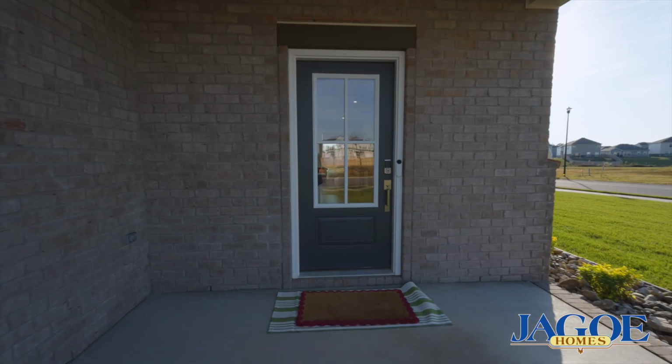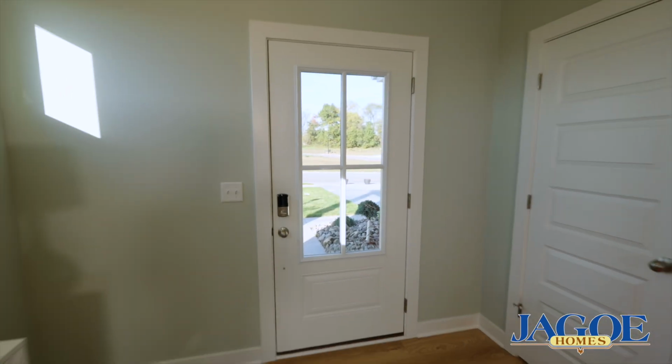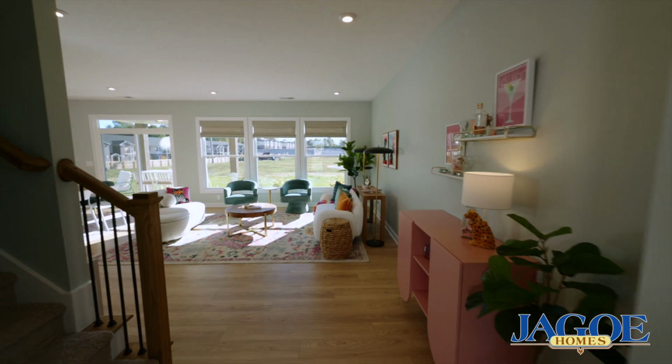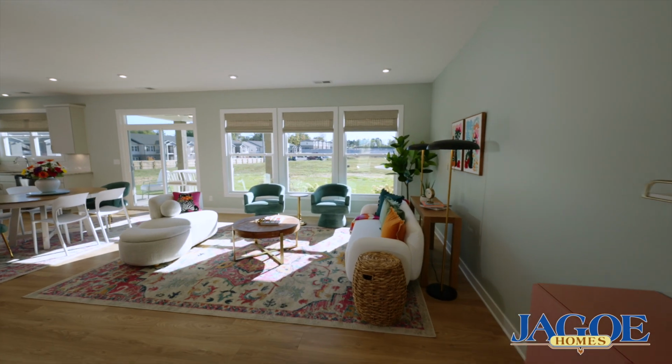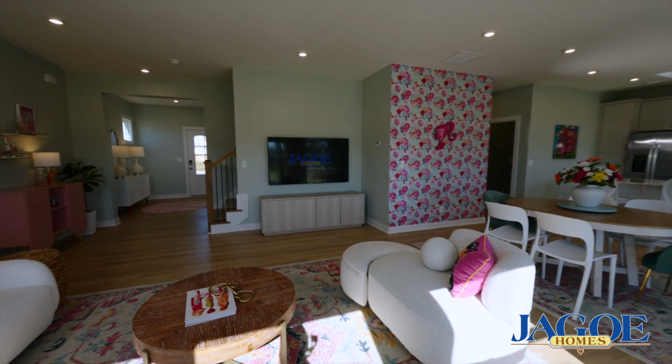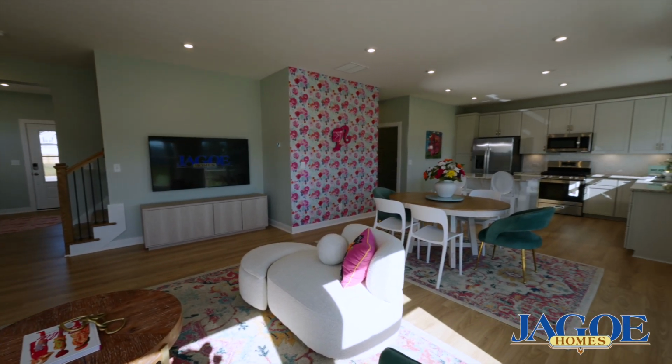The covered front entry flows into the foyer area with optional 2x2 windows and 2 storage closets, which connects directly to the large family room area, where there's bold colors and space for everyone with comfortable living room, dining area,